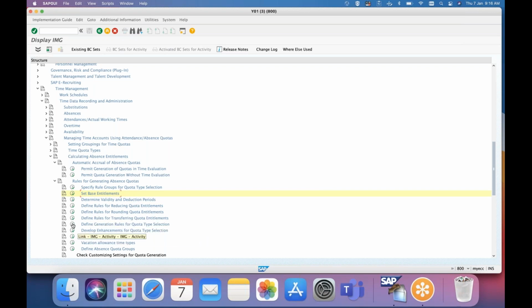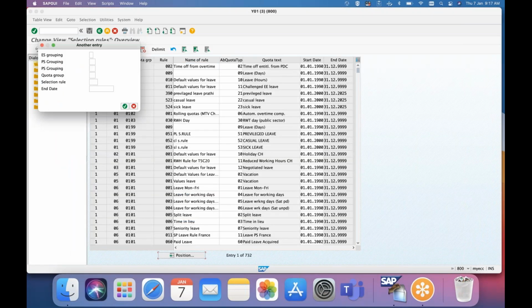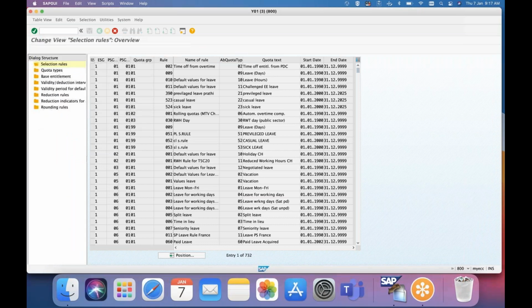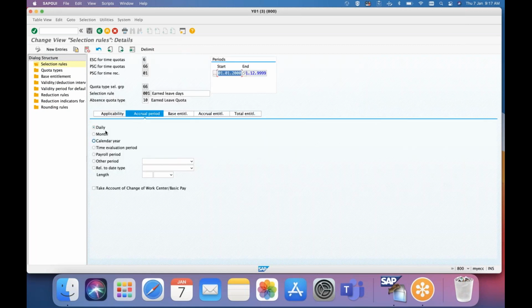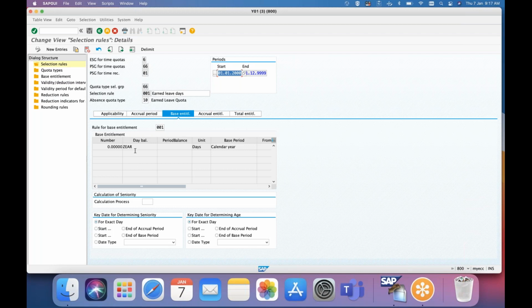Then comes to generation rule, third one. So you can see here what is the time type we assigned in the day balance for the base entitlement. So here I have assigned a time type called ZEAR in the base entitlement. This is the rule for base entitlement. Whenever you give your rule, the time type will be displayed over here. So instead of a number, we will assign the time type in the day balance. So in the time evaluation, whenever you push some value to this time type, that will be the base for the